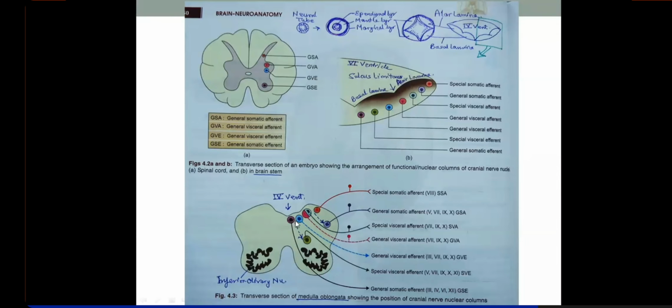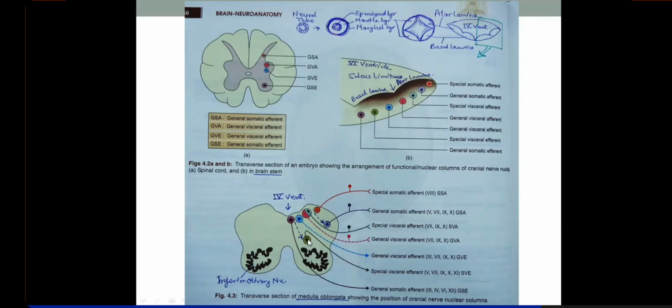Nucleus ambiguus, I just told you, this functional column, right? This functional column was providing innervation to the muscles derived from the pharyngeal arches, right? First arch, mandibular nerve, second facial nerve, third glossopharyngeal, and fourth and sixth by vago accessory complex. So all these muscles are innervated by this nucleus. This is called nucleus ambiguus. Clear? This functional column which dips down in the white matter, this is nucleus ambiguus. Okay.